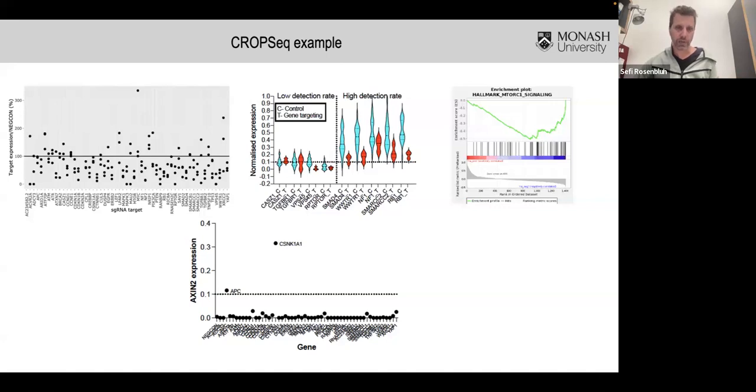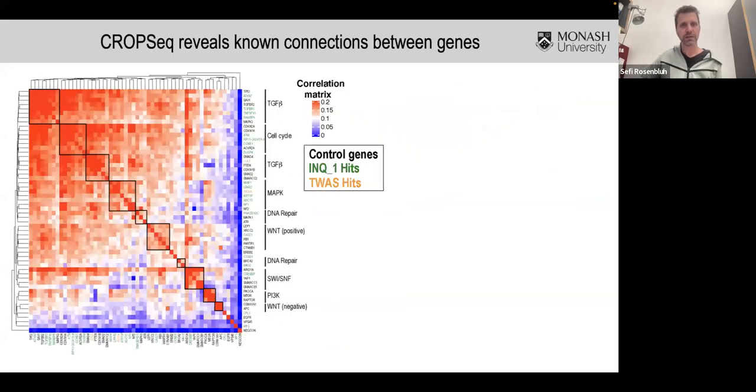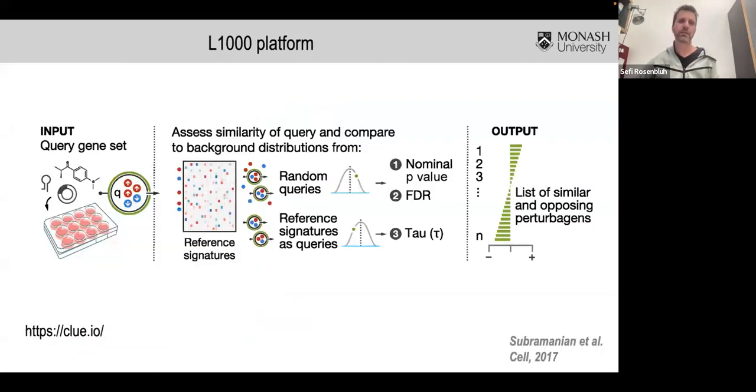So that's to say that this methodology works very well, and we can suppress genes of interest and see expected phenotypes. Now, what could you do with this data set? The first thing that we've seen is that if you take genes that you used in these screens and you cluster them, you find known components of signaling pathways. Known signaling pathways tend to cluster together, and the idea is that you could now find new genes that you did not know before, and, based on the clusters, hypothesize what they are doing.